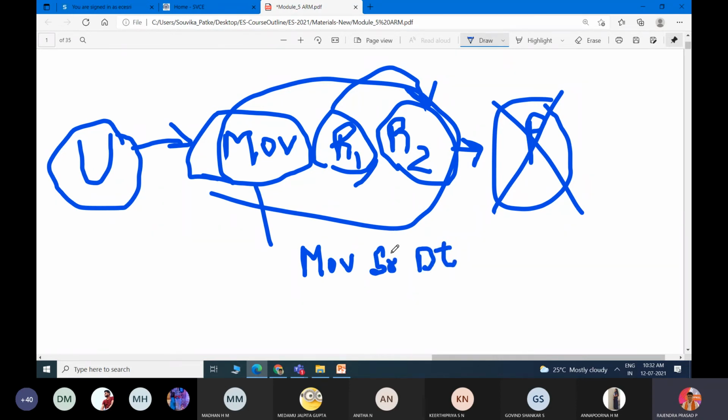Okay, now source is register 1, destination is register 2. Now source can be memory, destination can be register. Source can be register, destination can be memory.